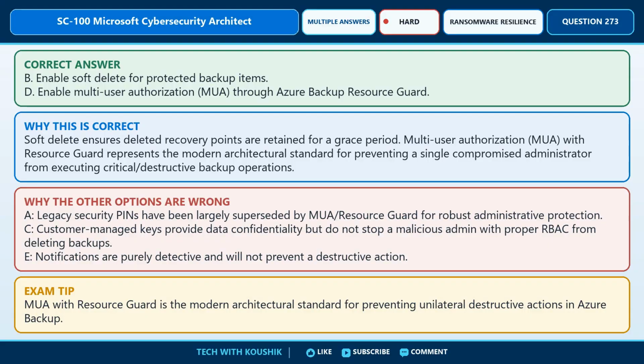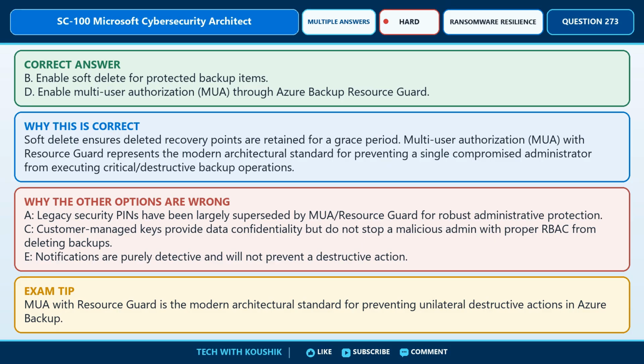The correct answers are Option B. Enable soft delete for protected backup items, and Option D. Enable multi-user authorization, MUA, through Azure Backup Resource Guard. Here's why. Soft delete ensures deleted recovery points are retained for a grace period. Multi-user authorization, MUA, with Resource Guard represents the modern architectural standard for preventing a single compromised administrator from executing critical/destructive